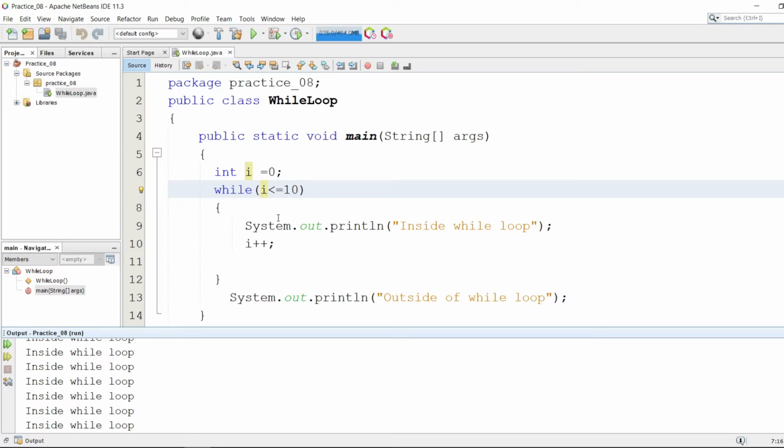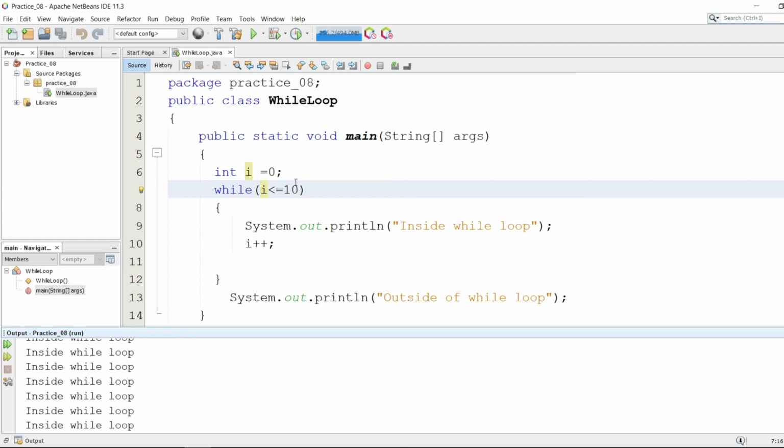And generally the while loop is used whenever we don't have a fixed condition and we don't know the exact value for the increment, as this one would not be a suitable example for you to understand the while loop. But in the next upcoming videos, whenever we move to the intermediate part of Java, we will discuss Swing and JDBC, and at that time we need the while loop, as in JDBC we need to fetch all the records of the database using the while loop, and at that time we don't have a fixed number for the increment. So in that case we use the while loop concept.